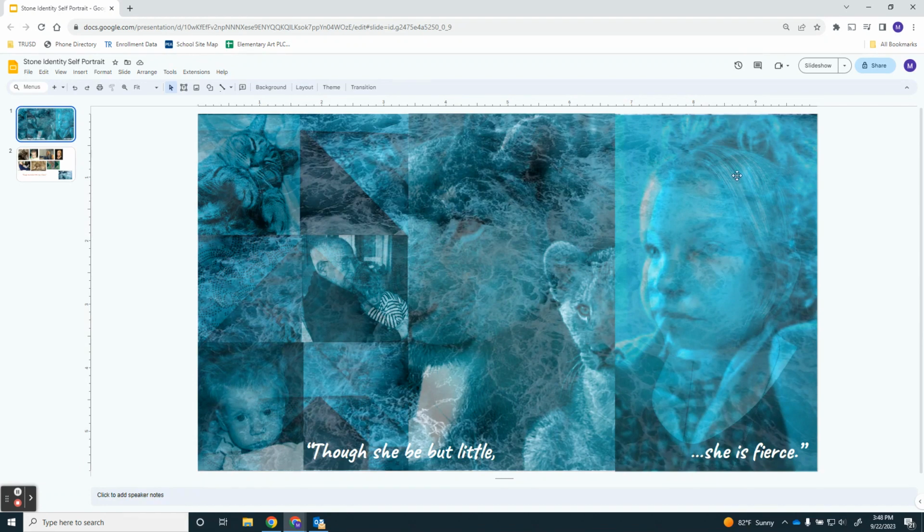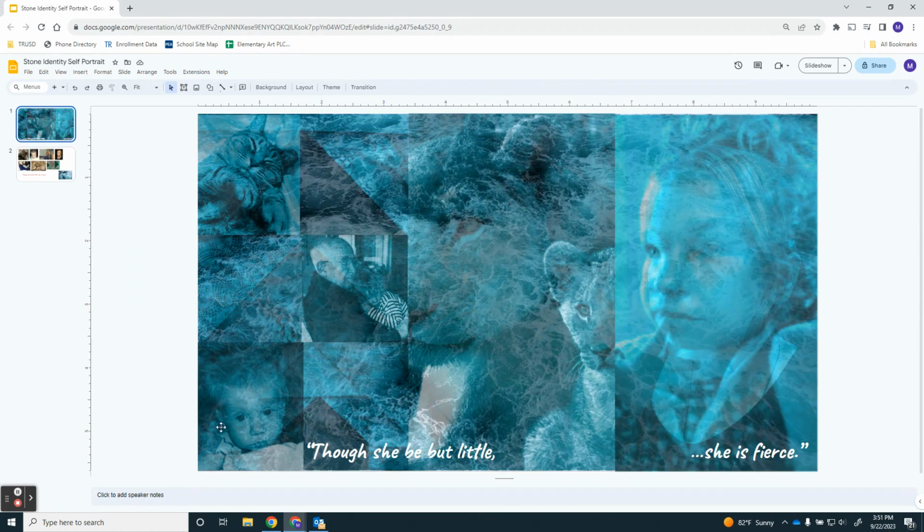I've captured my physical traits and characteristics through this self-portrait, and I've expressed some of my internal traits and characteristics through the symbolic use of the ocean as my background. I've referenced my hobbies and interests by showing my passion for animals with the photo of my cat, as well as this quote from William Shakespeare, who has been an important influence in my life as a writer. And finally, I've shared a bit about my family traditions and culture through the use of quilting imagery on this